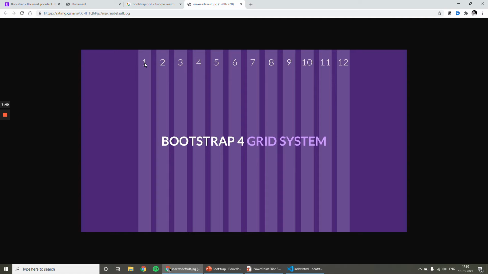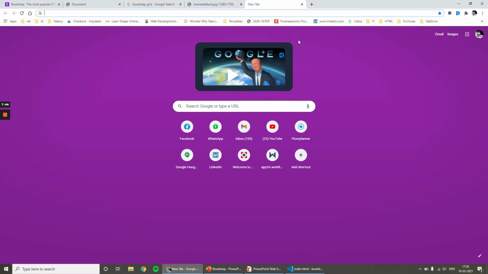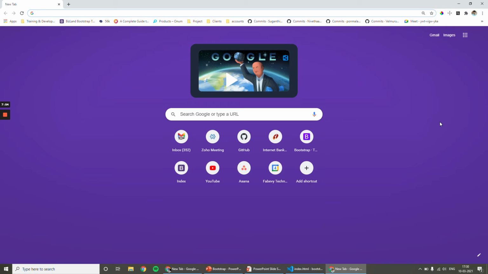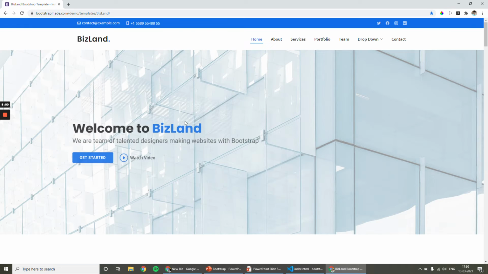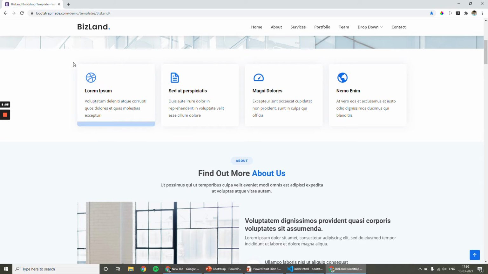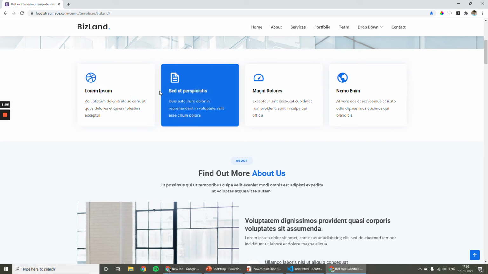Instead of that, let us open our reference website. Here inside this container there are four boxes.